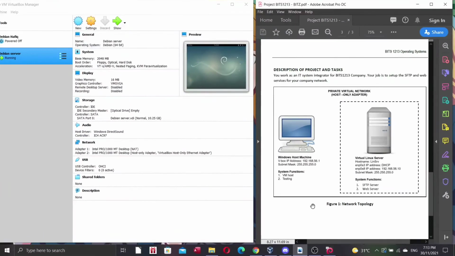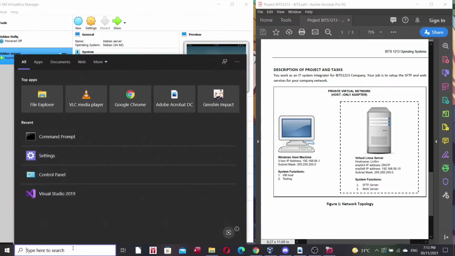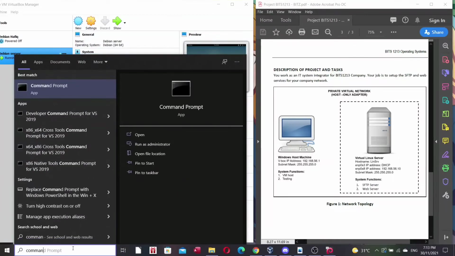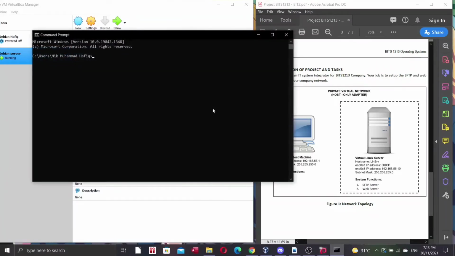Now, I'm gonna check whether our host IP address is 192.168.56.1 so that we can ensure that the host can communicate with the server. To do this, you need to go to the command prompt and type ipconfig.